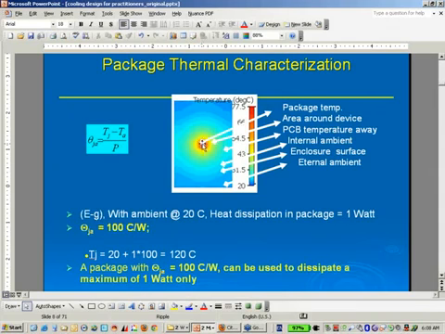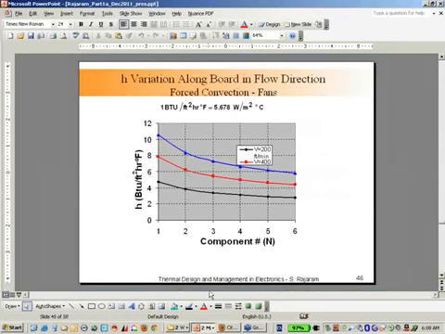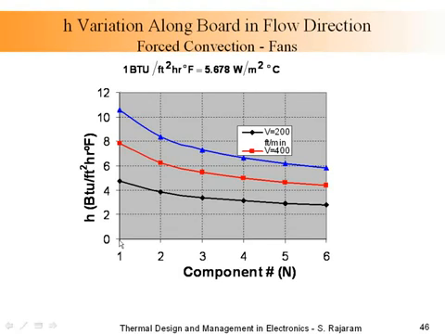This little junction here is the hot spot below the 125 degrees C. Okay, so this package characterization is very important, and remember I told you this is the component 6. It goes from about 8 at 400 feet per minute, which is 2 meters per second, to roughly 5 at a height of 200 millimeters. This is that 40% reduction because of boundary layer effects that I was talking about.